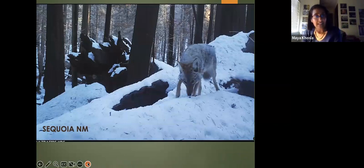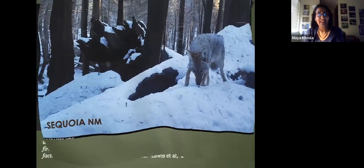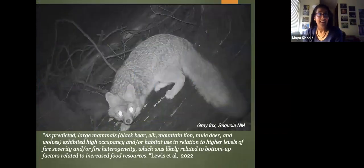And next slide. I got a little gray fox in another area. This is still Sequoia National Monument. Both these are Sequoia National Monument. And right here you've got